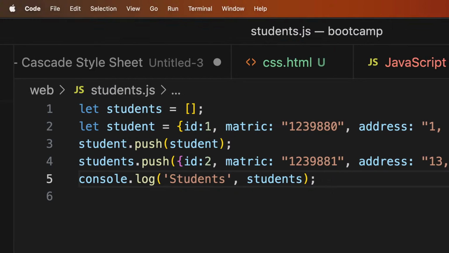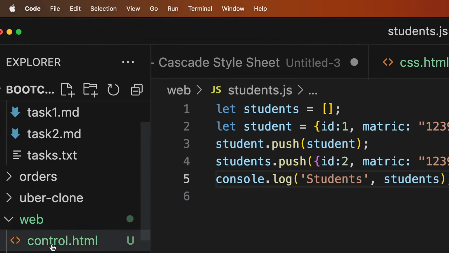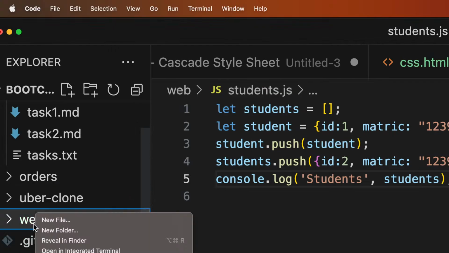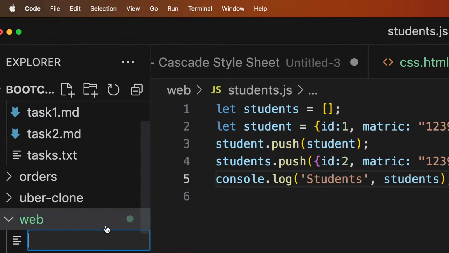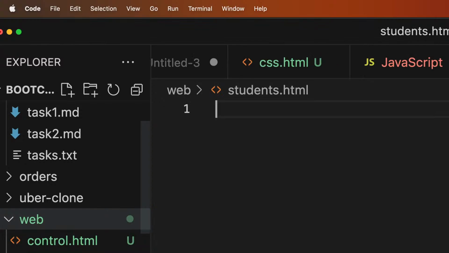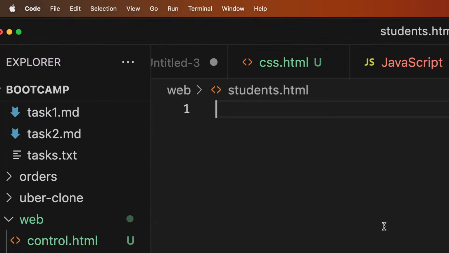So let's create another file called student.html. Of course, we have HTML,